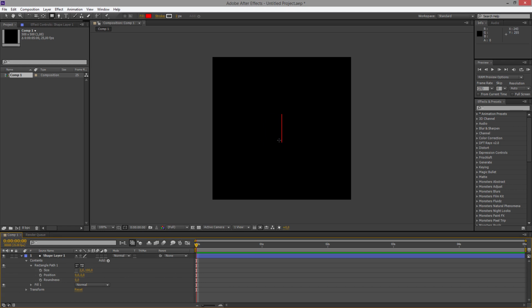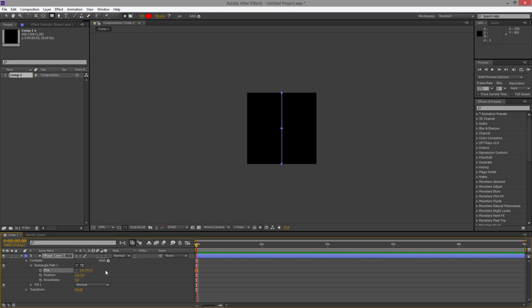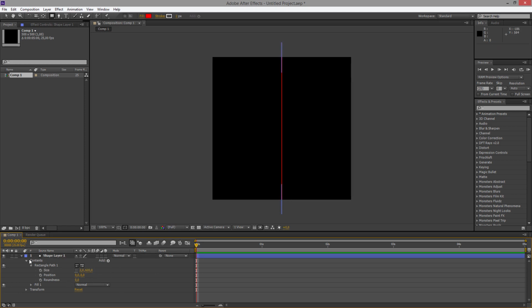Okay, we have a very tiny rectangle. And here we have 500 height, 500 on this side too. So I will put 300 height, and I will put it in the middle. So I have to move it. No, I will stay like that, it's okay. I just increase the size again, so it's larger than the square we had. Okay, I will make it 600 tall, and it's okay.